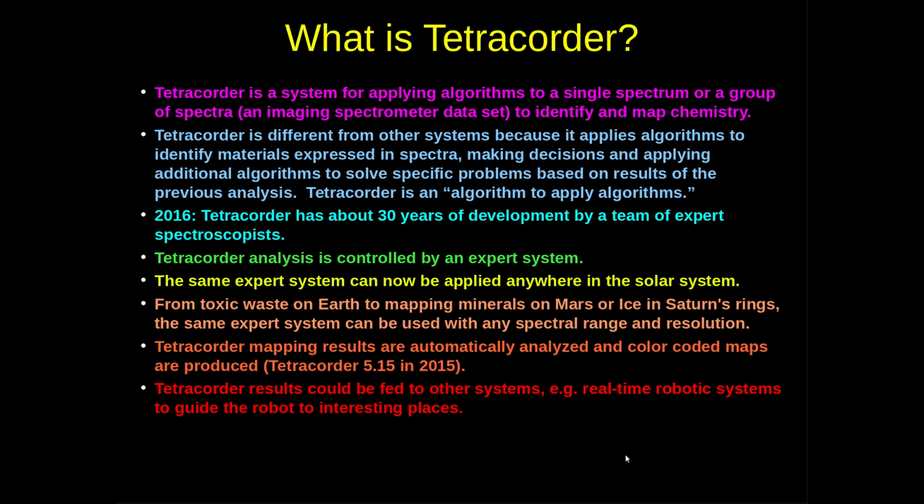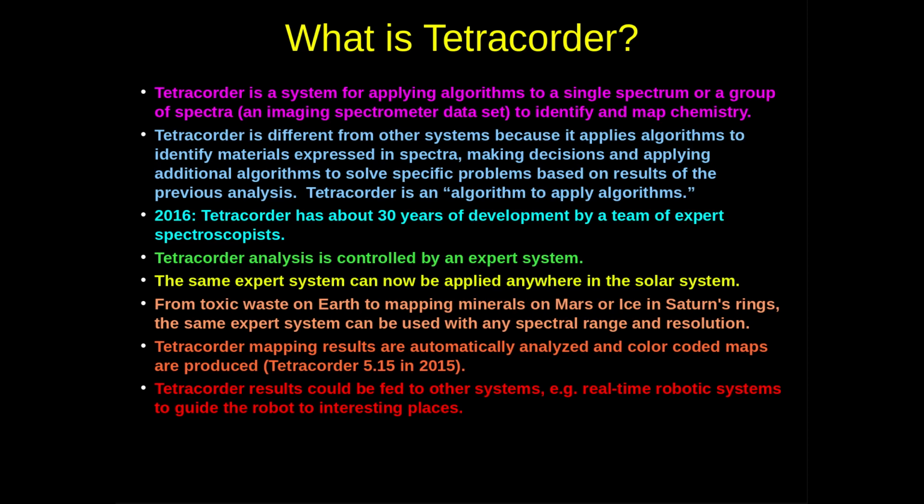So Tetracorder is a system for applying algorithms to a single spectrum or a group of spectra, like in an imaging spectrometer dataset. The goal is to identify and map chemistry. Tetracorder is different from other systems because it applies algorithms, and you can choose different algorithms to apply to different problems, and it's used to identify the features that are expressed in spectra and translate those signatures to materials and